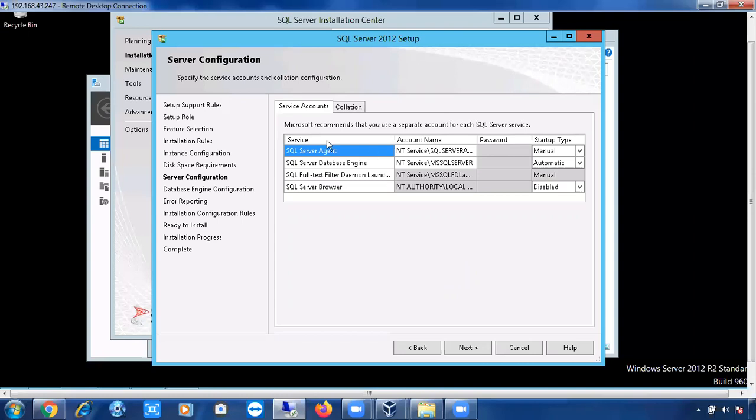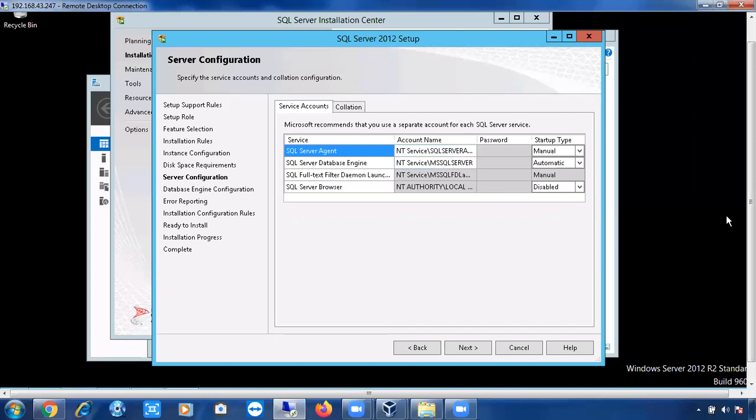For service accounts, you can provide the same default service account, or else you can create a new service account and give the new service account in this screen only. Last time I just installed with the default service accounts.